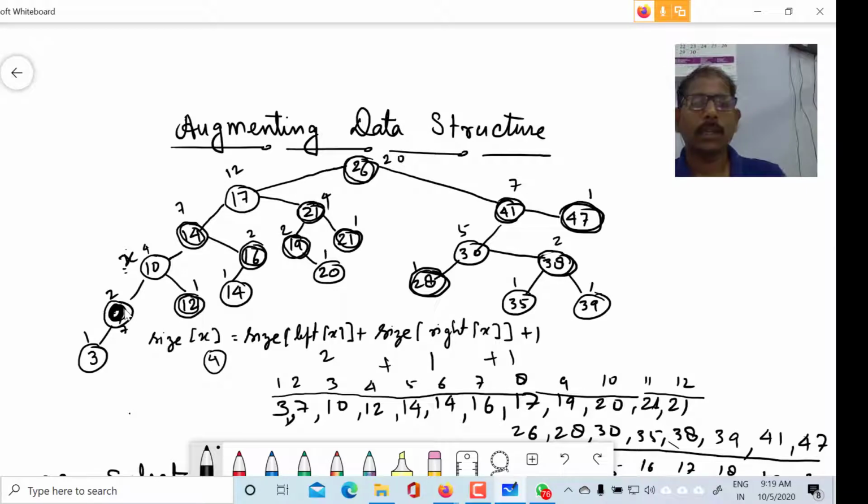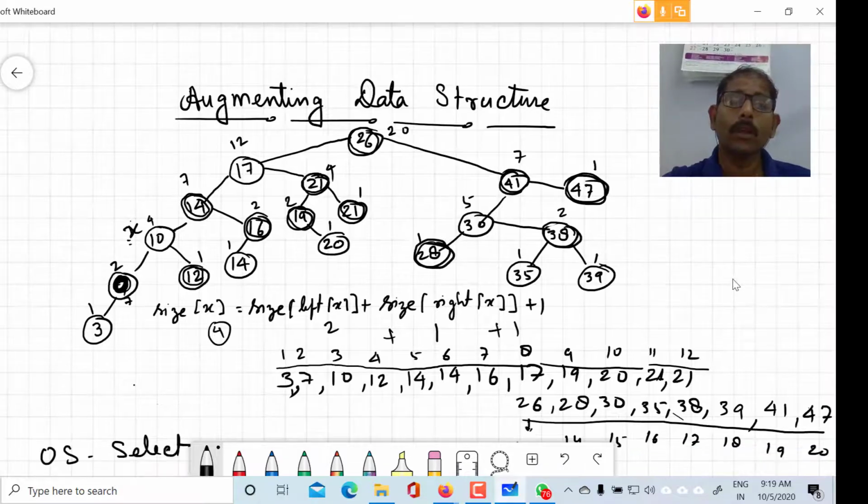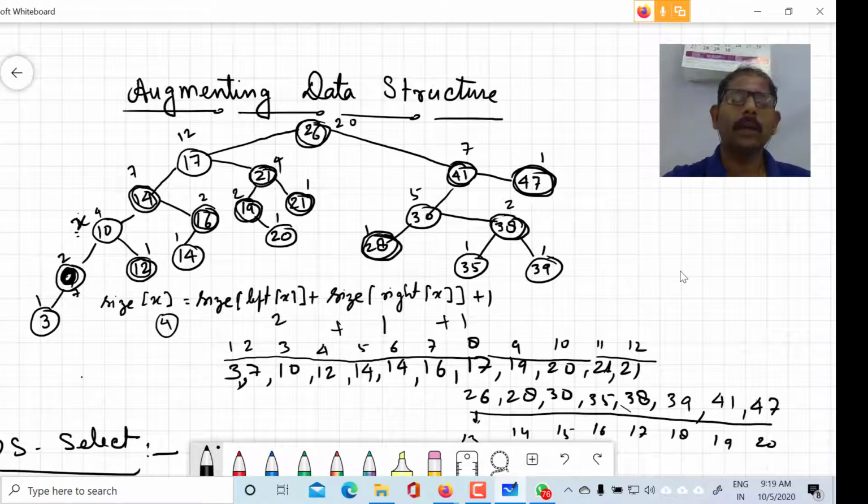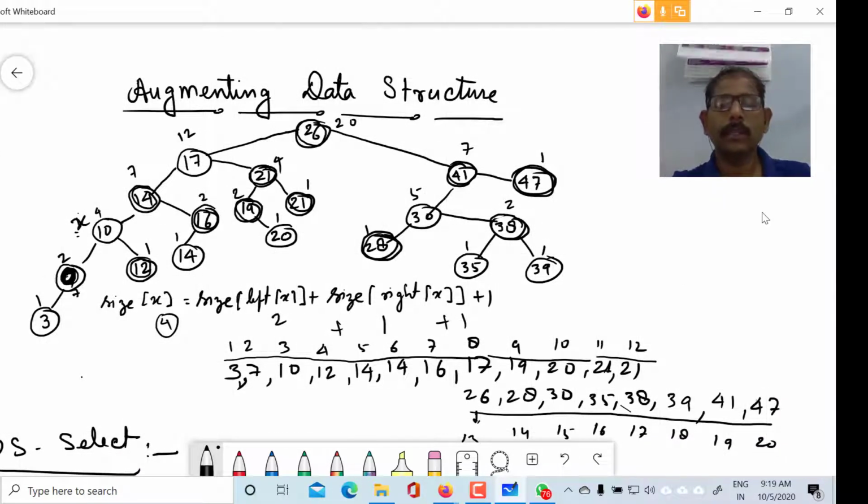So this is the red black tree, and our target is to find the ith minimum element in this tree. This is our target. Here I have given a generalized concept.